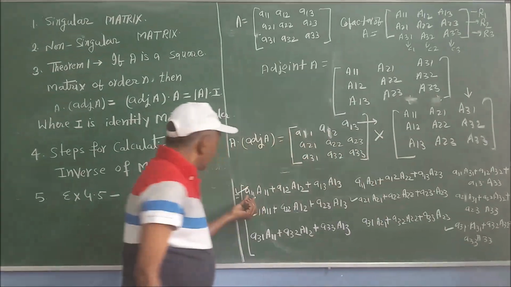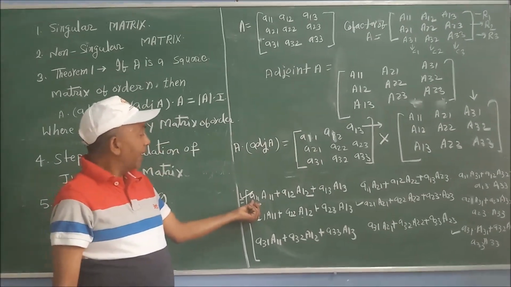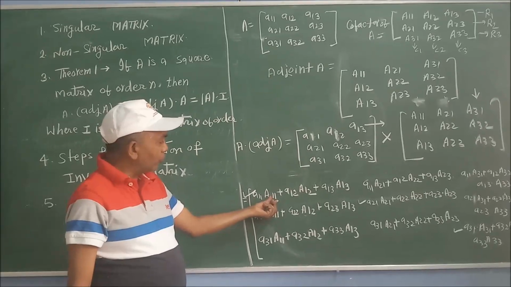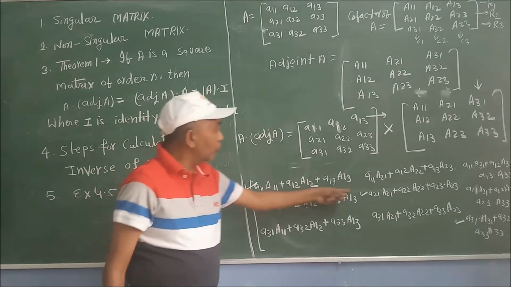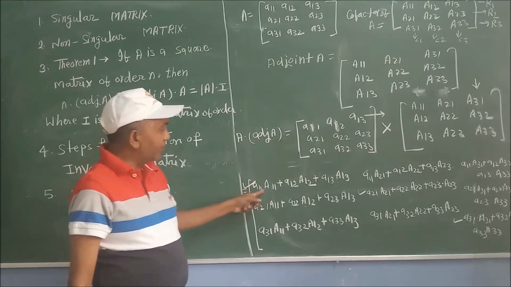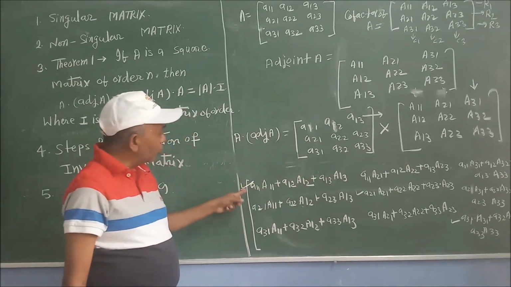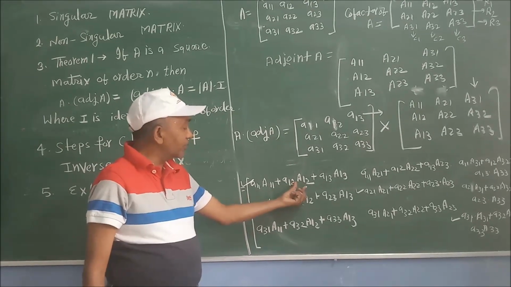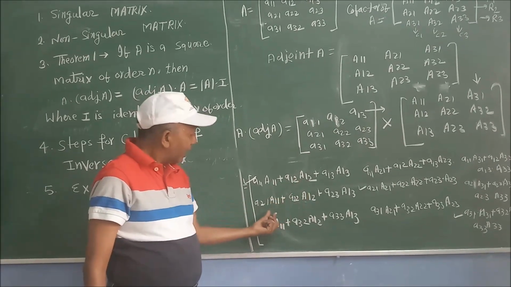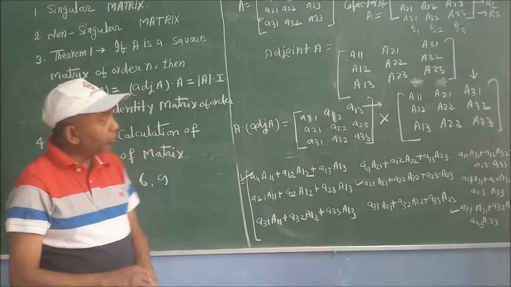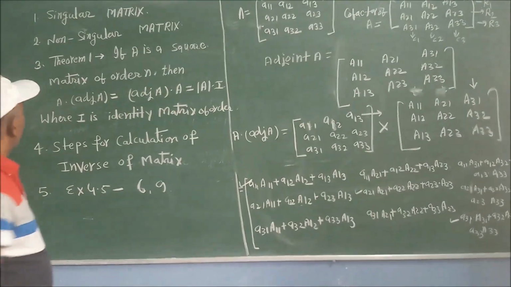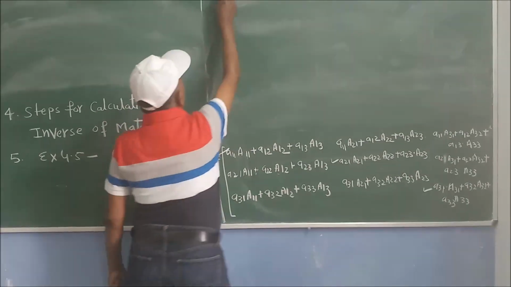So if coefficients of element and corresponding coefficient of cofactor are multiplied, and if they are same, this will equal the value of the determinant. Here we will use a result. So this will equal the value of the determinant, and all other terms will be 0. So here we will use an important result that we know